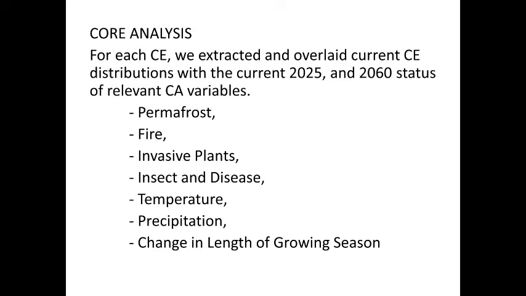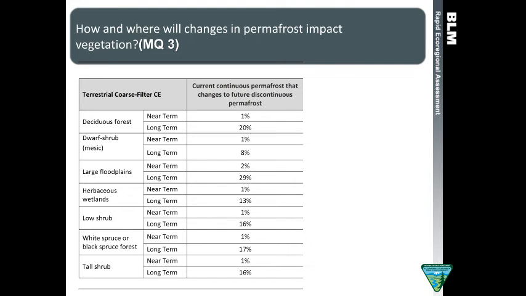And we also looked at temperature, precipitation, and change in length of growing seasons, but we really didn't address that very much because we didn't really know how it was going to affect these different vegetation classes. And again, Nancy already talked about the difficulty in linking these changes and change agents to changes in vegetation over time. And we touched on it a little bit in the document, but so here we have the permafrost impact on vegetation.